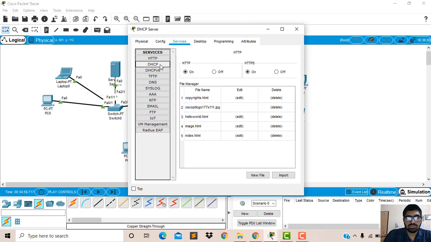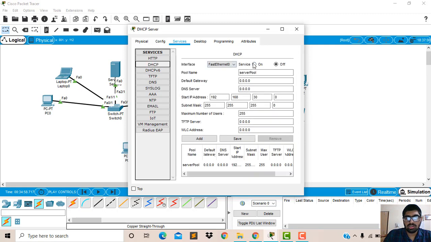Now to configure DHCP, I'm going to Services and DHCP. Here I turn it on and give the default gateway, that is 192.168.30.1, and I'm assigning the start address 30.2. Here I am giving the maximum number of users as 5, and now we can save it.